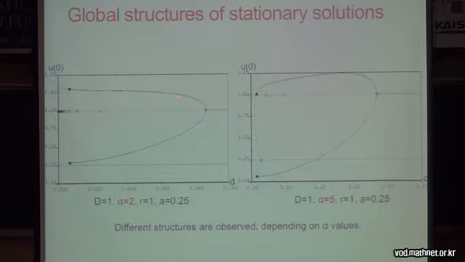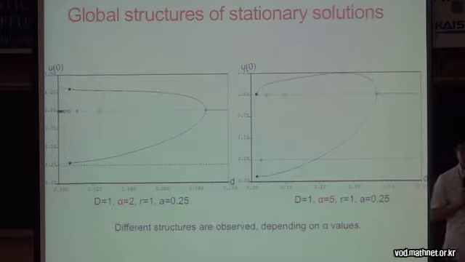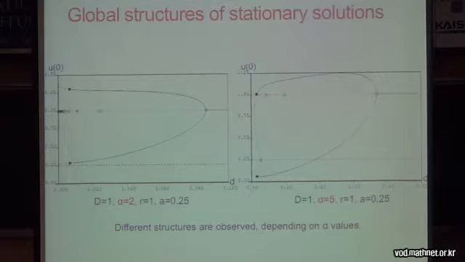This non-constant solution is stable, and as d gradually becomes small, we reach this point, the black square, which is a Hopf bifurcation point. Due to the Hopf bifurcation, this solution branch becomes unstable and connects to the singular solution, because d is